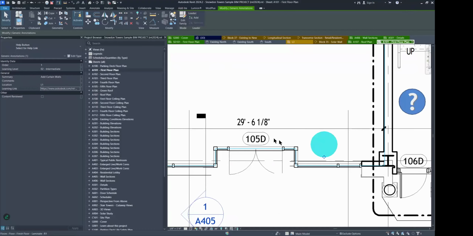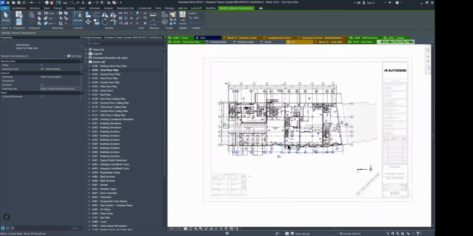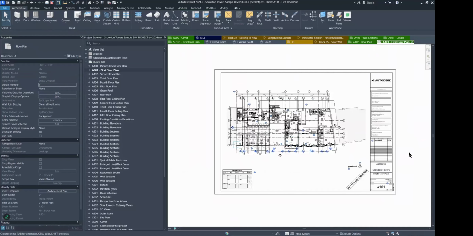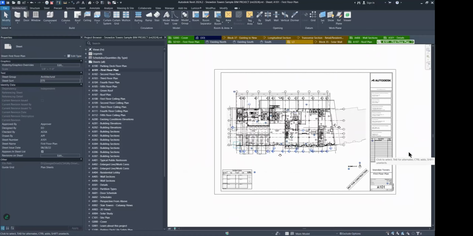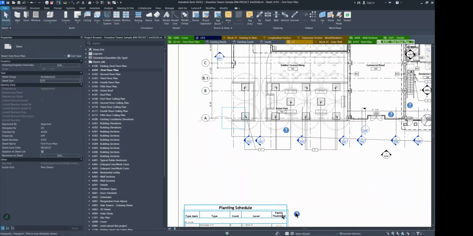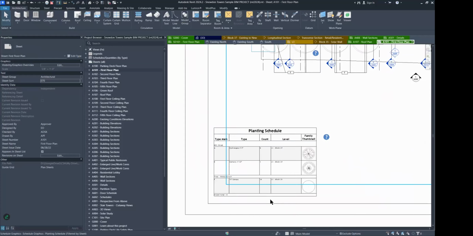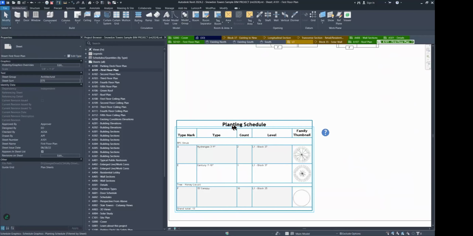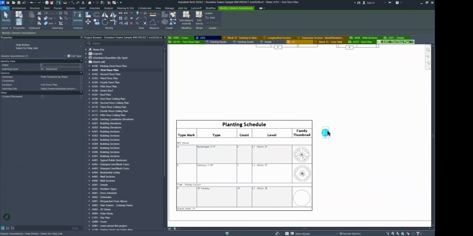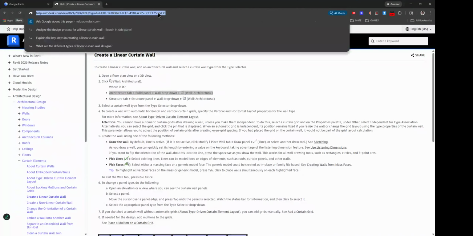Because this whole project is also used as a training exercise for learning Revit. So some of these are going to be basic features, so you probably know how to do them already, but some of them might be things that might help you in your presentation. So just in case you're wondering, what are these question marks here, right? Look at this, planting schedule with a question mark. So if you ever want to know what this is, you can click on it and just paste that in a browser